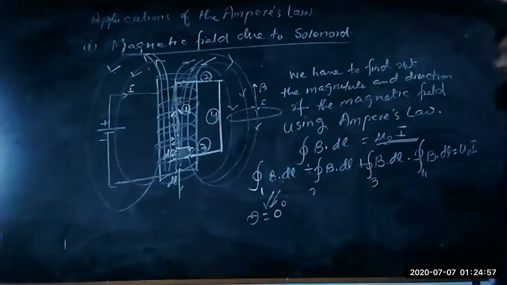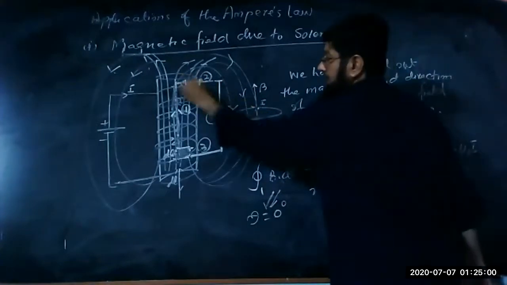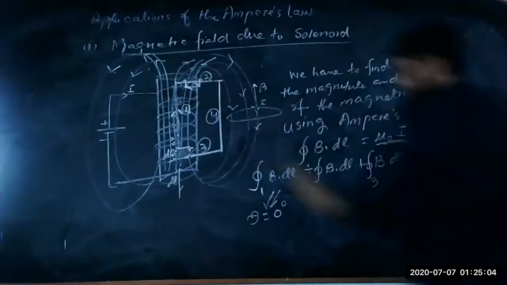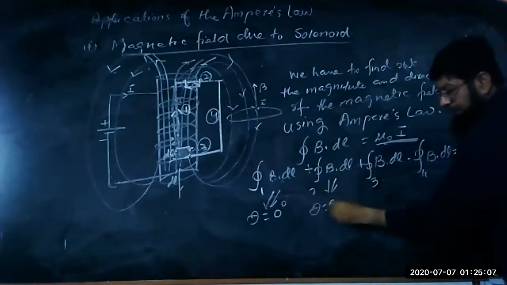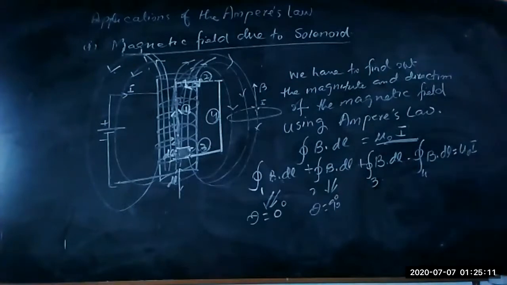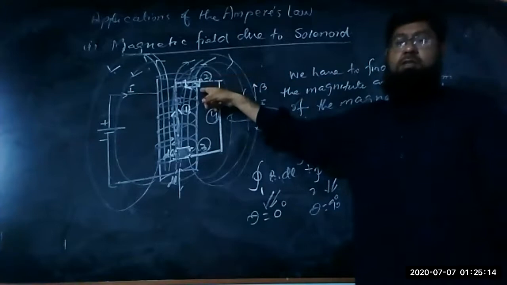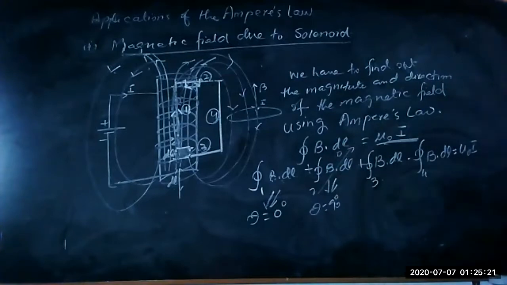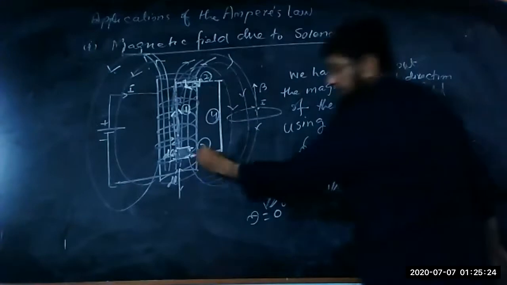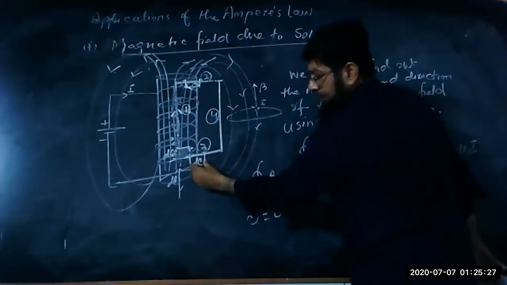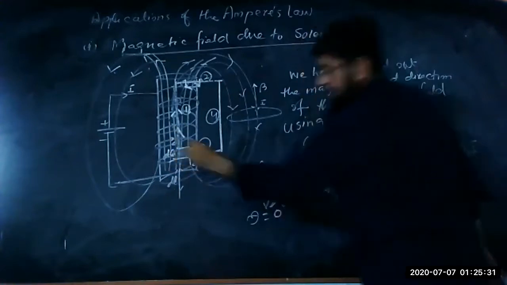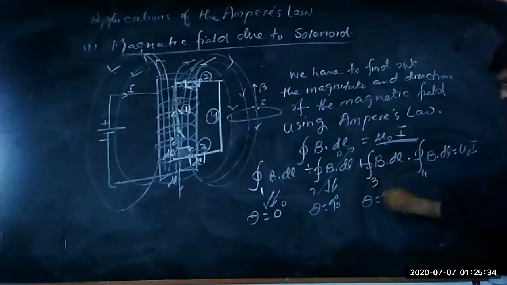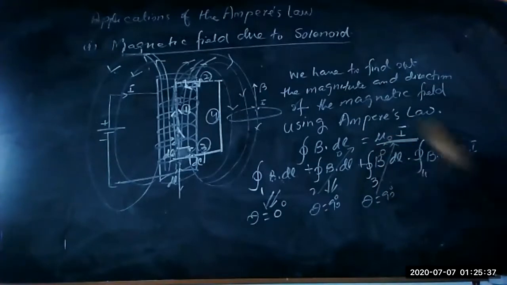If we look at 2, this is the dl, and B is in this direction, so for B dot dl the angle that is formed is theta equal to 90 degrees, so cos 90 degrees is equal to 0, so therefore the magnetic field contribution from this component is 0. Now if we come to 3, here this is dl, and the magnetic field is in this direction, between the two the angle is again theta equal to 90 degrees, so again the contribution is 0.